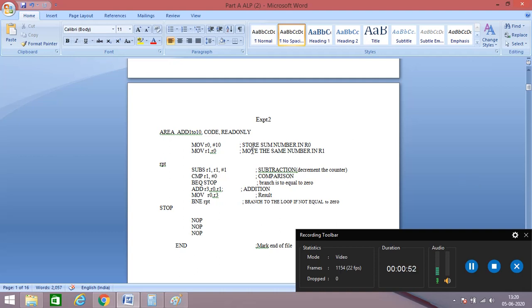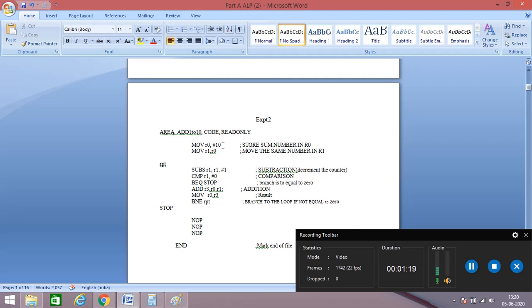In this program, as you can see, there is an instruction MOV r0, #10. What this instruction does is store the number 10 in register r0, and in turn store the same number in register r1. Why 10? Because we need the sum of 10 numbers.